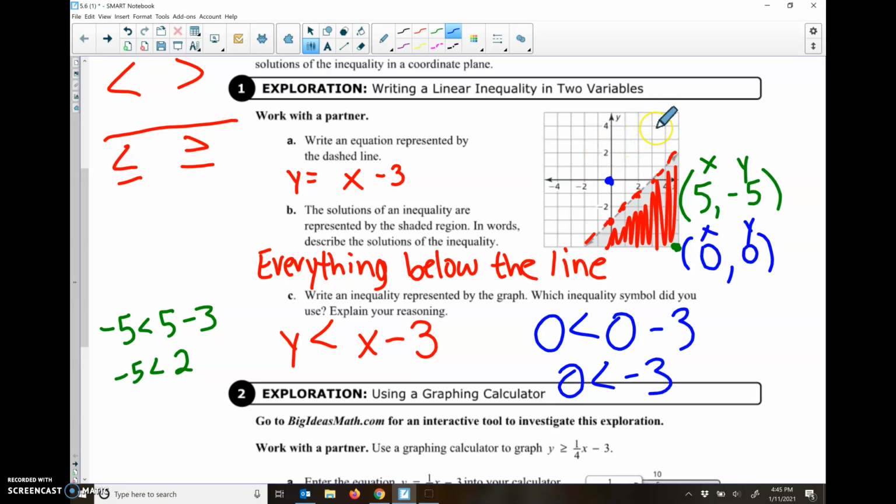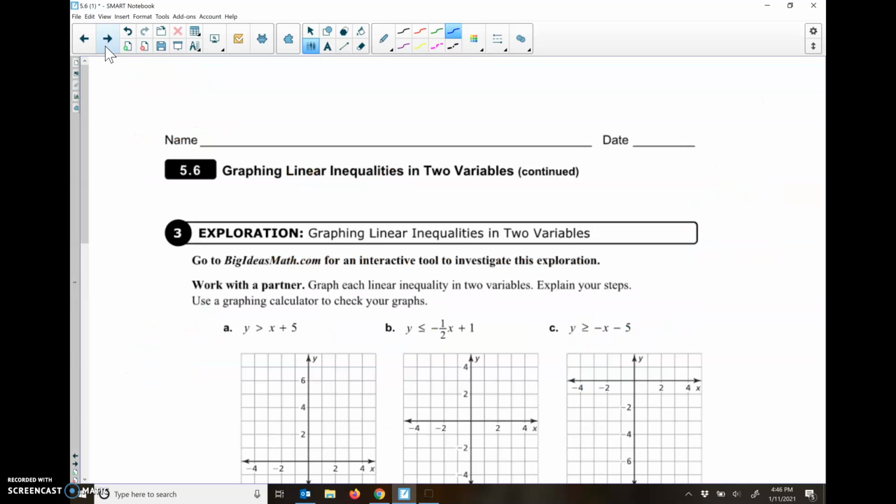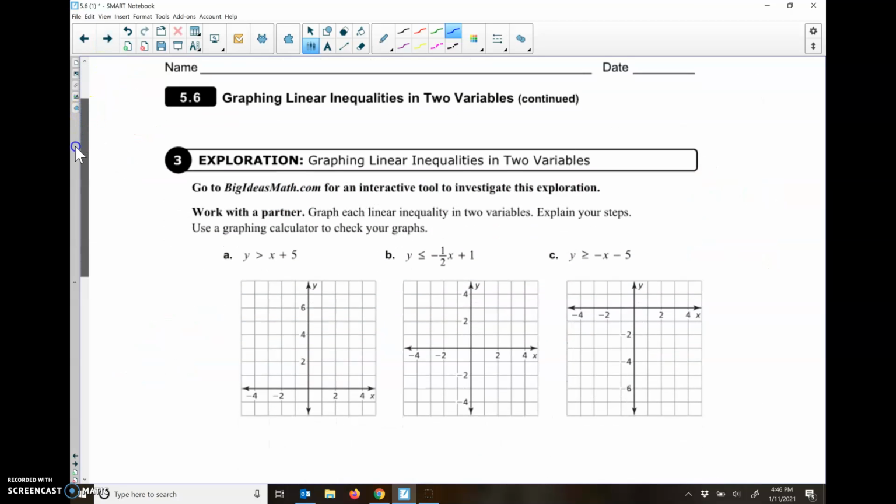So you'll kind of see this white part up here that's not shaded. This is everything that's not an answer for this problem. This gray part down here that is shaded, and I reshaded it with red, that's everything that is an answer. So we're going to have to look at whether it's a less than sign or greater than sign. So if we look at some more examples here on the next page, I have y is greater